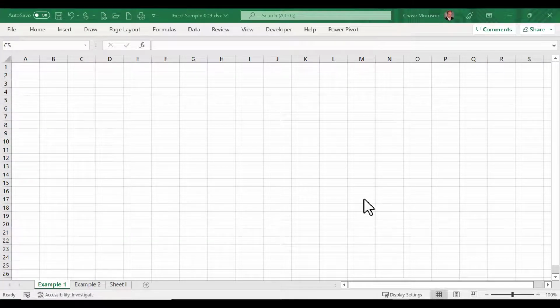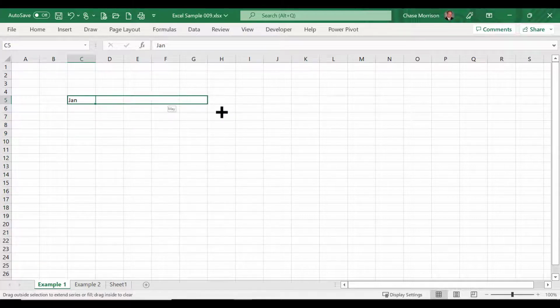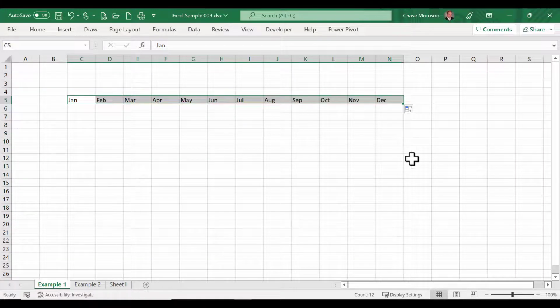Now this is going to be pretty quick, but Excel automatically comes with 4 lists in the custom list function. The way that you get at them is you need to type one of the elements in the list. So for example, you can do the 3-character abbreviation of the month. There I just typed in the abbreviation for January, and then I'm going to grab this handle, and then if I scroll across,